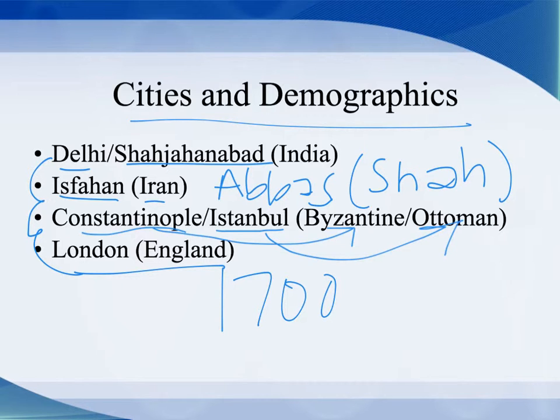Just to throw a statistic at you, in 1650, London held 7% of England's total population. In 1750, it was 11% of England's total population. And it also accounts for 8,000 people a year migrating to London by the end of the 1600s. So this is really just a reflection of their powerful economic practices. And we will bring our cities and demographics video to an end. And this concludes chapter 15.